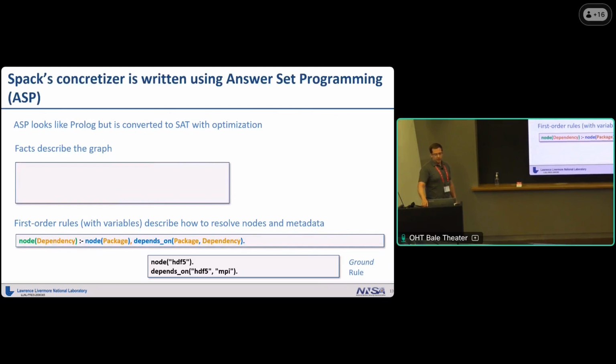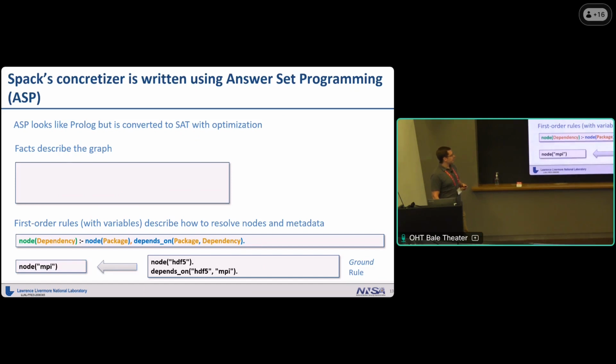So this is getting into some of the more gory details of Spack. Spack is based on a concretizer. The concretizer takes your description of what you want to build, and it turns into what we call a concrete spec. So it goes from an abstract spec to a concrete spec, and in that process, this is where it applies the precision of exactly how you're going to build. This is done in answer set programming, and